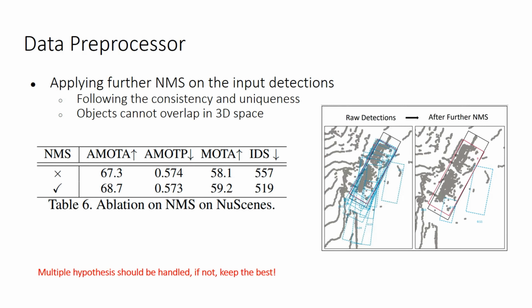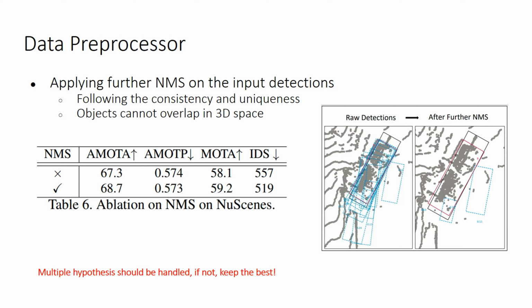So the intuition behind this idea is that, in contrast to the 2D space, objects cannot overlap in the 3D space. So we only need to keep the most accurate ones in 3D space. But if we keep many inaccurate bounding boxes, they will affect the association step next. We may associate a tracklet with a detection that is not of high quality, and it will affect the final